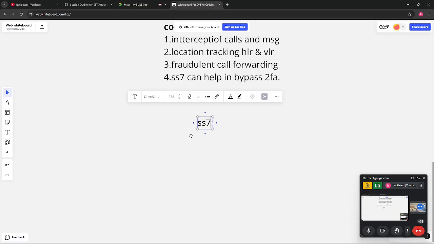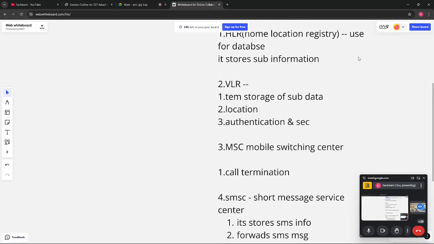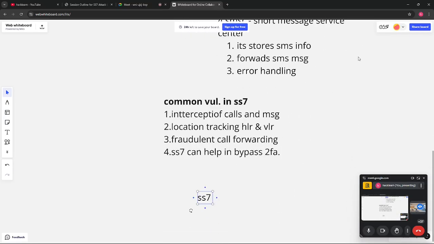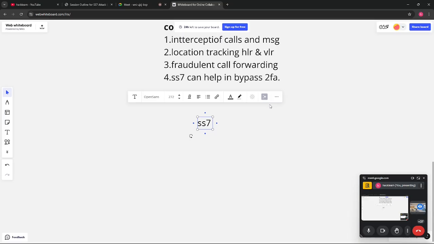So any command or any routing info SRI sent here can be stopped here. And if any firewall is being set up here, it will be analyzing all the messages for suspicious patterns or unauthorized requests. Like if anyone is sending a request to gather some information regarding any particular thing, like VLR or HLR, then they will try to stop that, and that type of firewall can be set up.